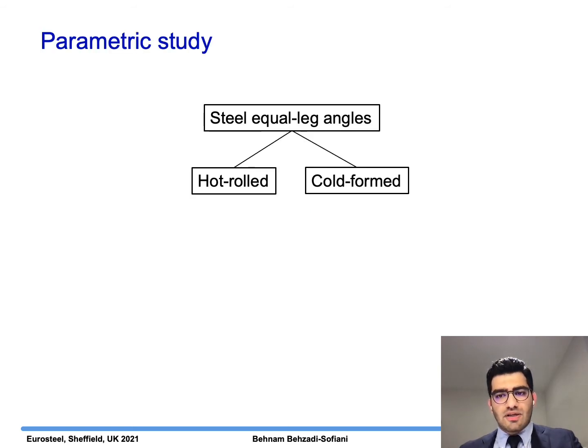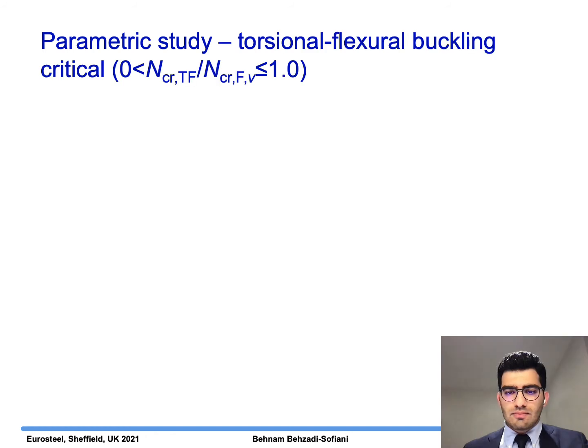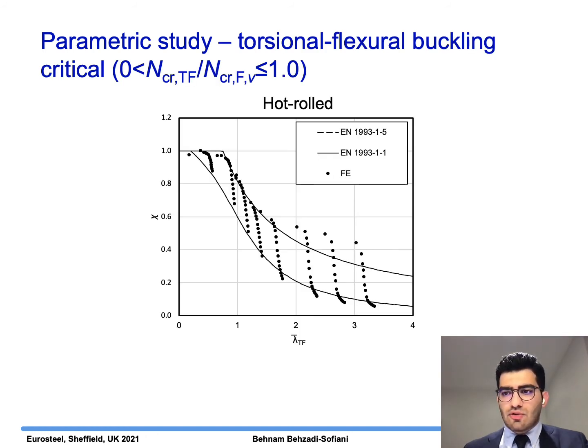Following validation of the numerical models, a parametric study was conducted. The FE models were used to generate additional data for both hot-rolled and cold-formed steel equal leg angle section columns, considering a wide range of cross-section geometries and member lengths. The results for the hot-rolled equal leg angle section columns when torsional-flexural buckling is critical are presented in this slide,